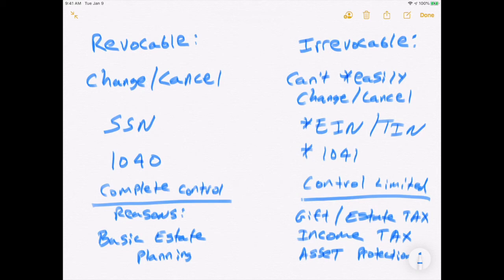Now, one thing that's interesting is that even though there are all these separate and distinct possibilities, revocable trusts are typically your more basic and foundational type of estate planning, and this is more applicable to the vast majority of clients. An irrevocable trust is typically more advanced planning when it comes to taxation. Sometimes it could be for Medicaid eligibility, for asset protection, but inevitably, every revocable trust will convert into an irrevocable trust once the trust maker passes away.